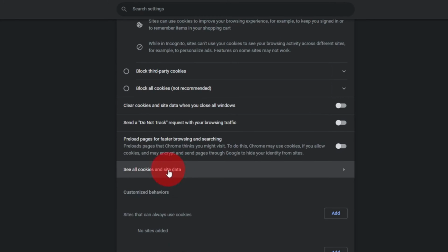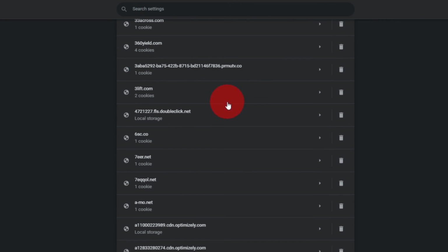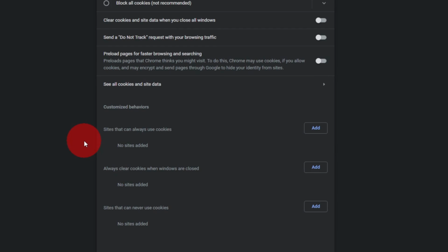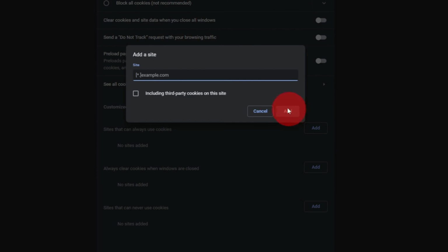And you can also see all cookies and site data here by clicking on this. And then you can see each individual cookie. And if you want to go through these and delete them one by one, you are more than happy to, or remove them all here. And one final thing at the bottom here, you can add sites that can always use cookies, or you can always clear cookies when windows are closed, or you can add sites that can never use cookies. You can add sites for any of these, just click add over here, and add the site you want to,